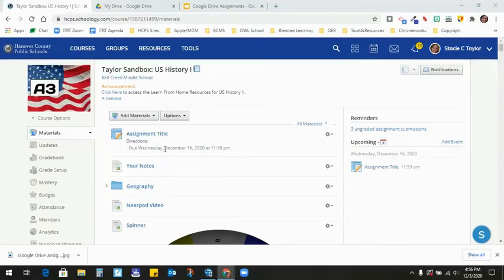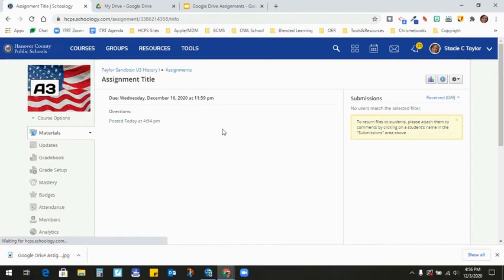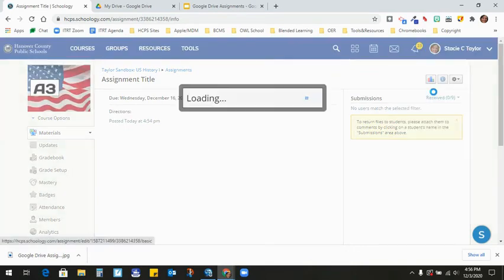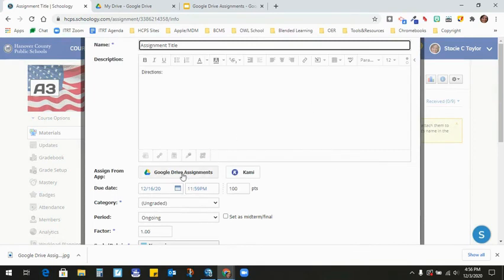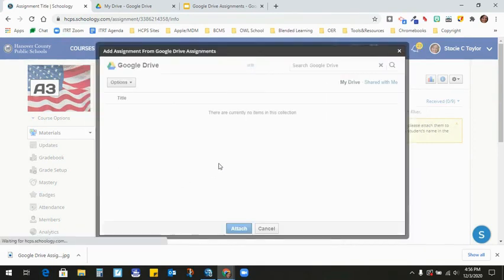Here's an example of what I mean by that. So I have copied this assignment from my other sandbox to this sandbox course. When I click on this assignment, notice that it doesn't open up like the other Google Drive assignments. This is actually just a regular Schoology assignment where I did not click that Google Drive assignment button to choose a file. So again, when copying from another course, I have to go back in to the assignment, edit it, click Google Drive assignments, and reattach that Google file,